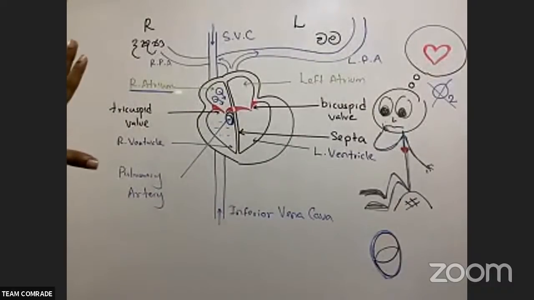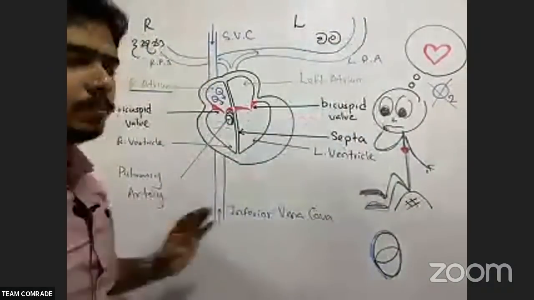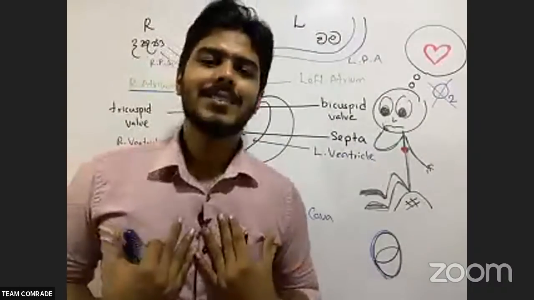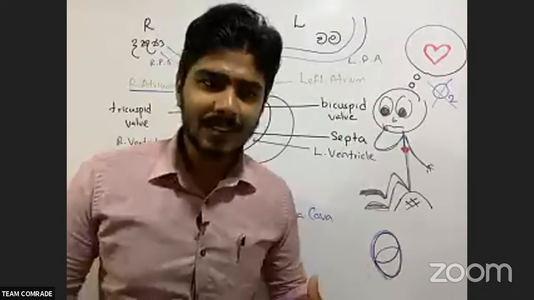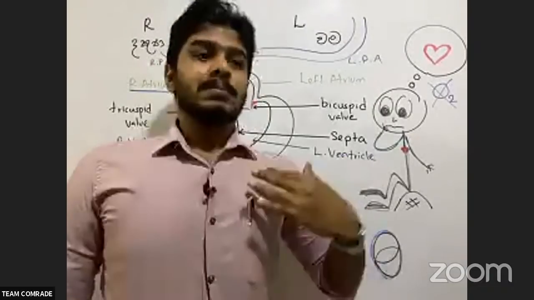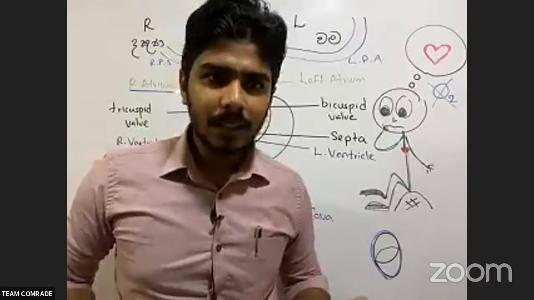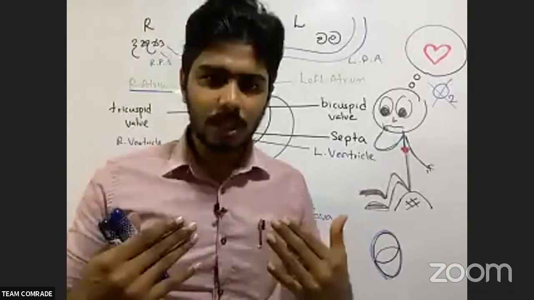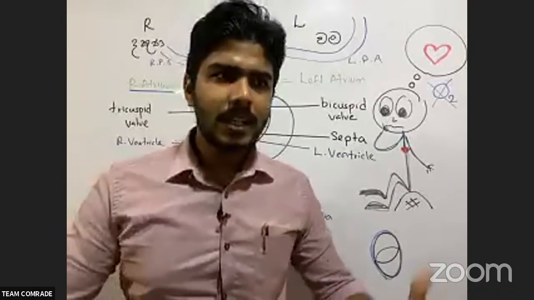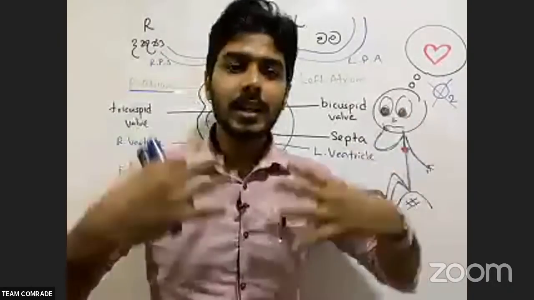Is it clear until now? Now both of these go into my lungs. When they come into my lungs, what am I doing? Breathing, inhaling. When I inhale air, that means I inhale oxygen. Now that is going into my lungs. I'm not going to tell about lungs today. That is going into my lungs.